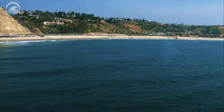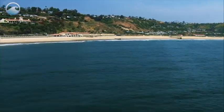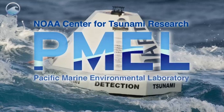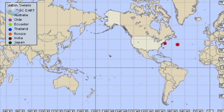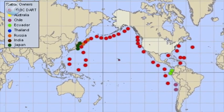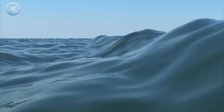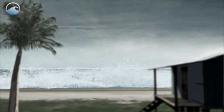Today, 10 years later, we can tell a different story. U.S. and international coastlines are far better prepared for such a catastrophe, thanks in large part to research and technology developed at the NOAA Center for Tsunami Research at Pacific Marine Environmental Laboratory. NOAA's DART array is now complete, with 39 buoys operated by the National Weather Service's National Data Buoy Center. Along with 21 international buoys, this array can measure a tsunami wave as small as 1 centimeter in the open ocean and provide these data in real time to forecast when a tsunami may hit the coast and how much